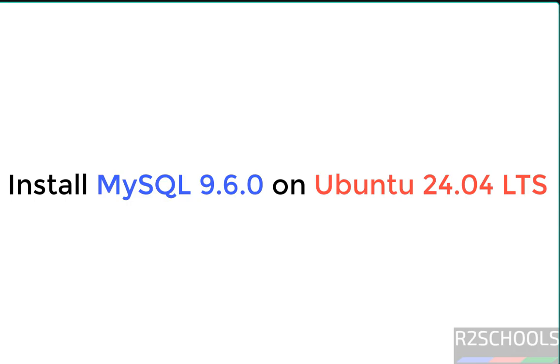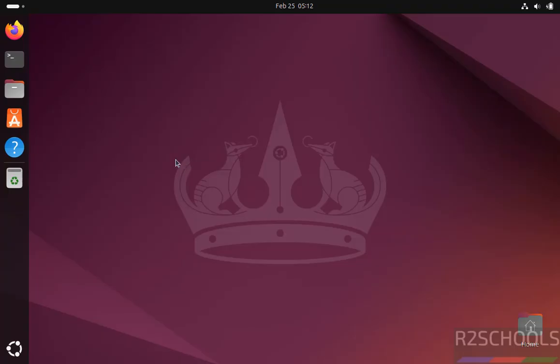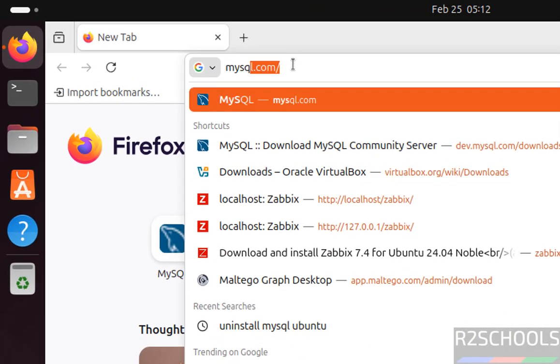Hello everyone, in this video we will see how to download, install, and configure MySQL Server 9.6 on Ubuntu 24.04.4 LTS version. First, open the default browser that comes with Ubuntu Linux, that is Firefox. Then go to mysql.com,